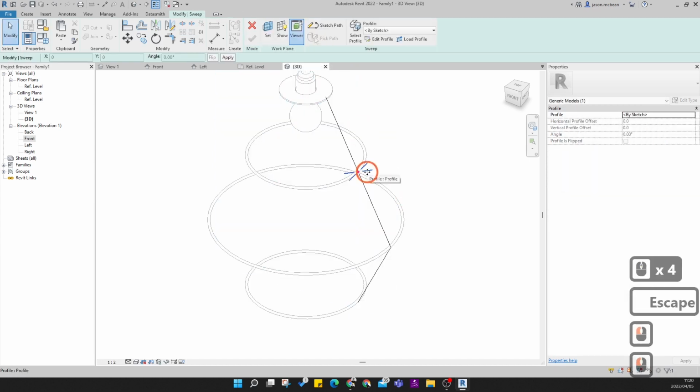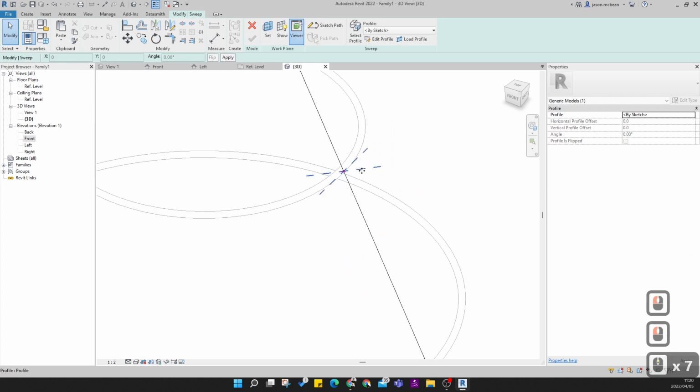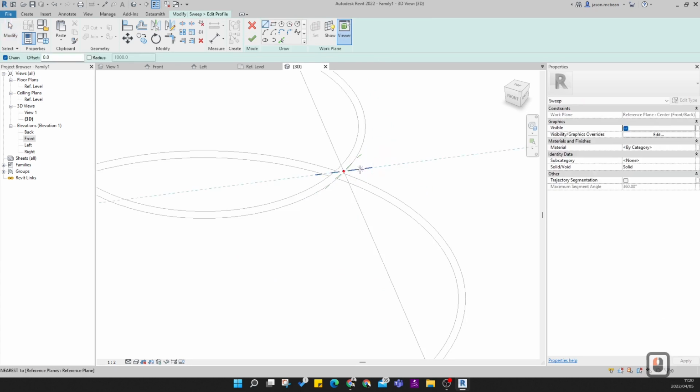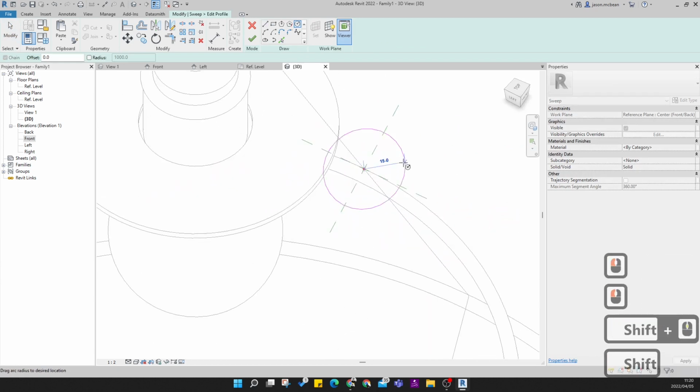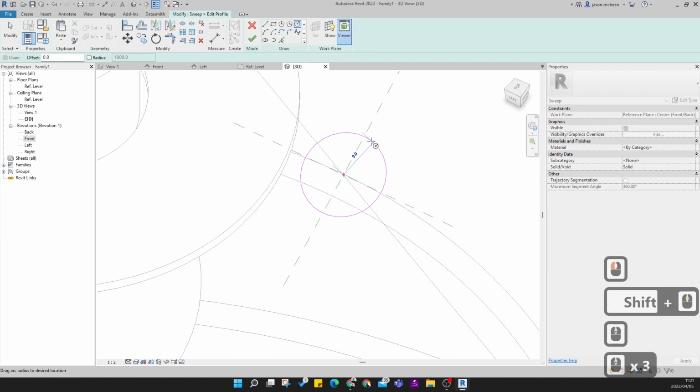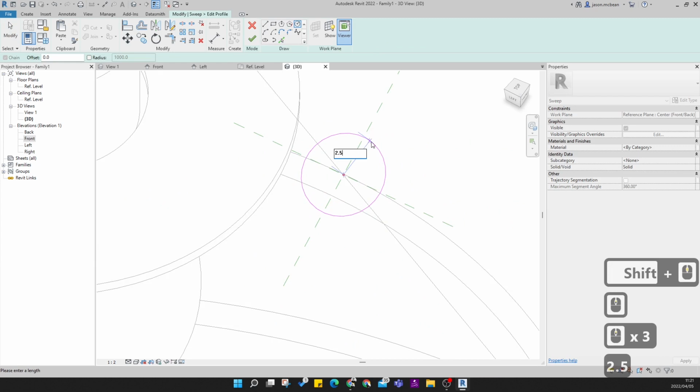All right. Sorry, my apologies. What I should have done was finish that sweep command. Now I must go and edit profile. Now it'll allow me to draw a circle on the correct plane. So here, if I draw a circle, it will be working on this plane. So this circle needs to be 2.5,